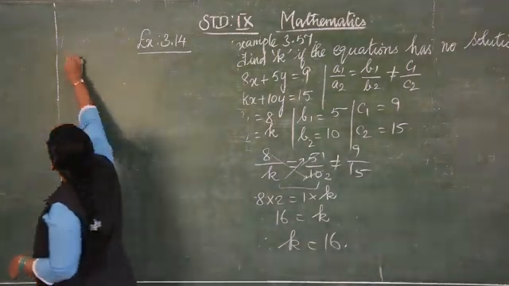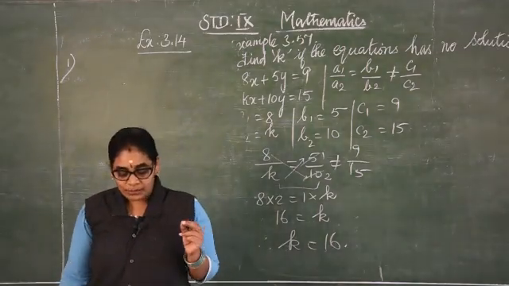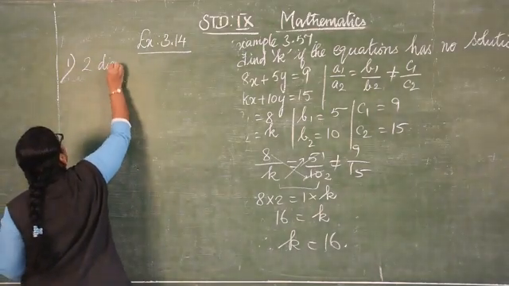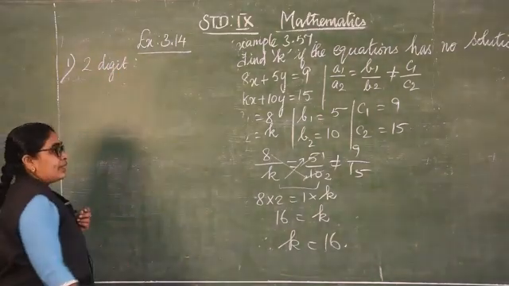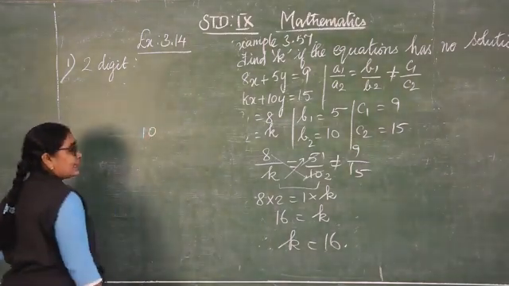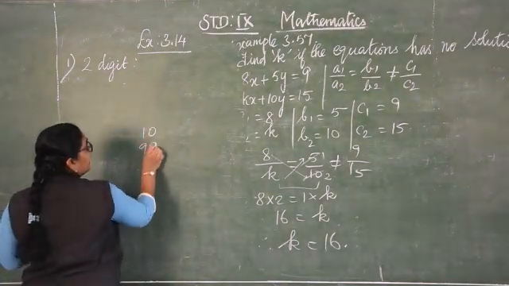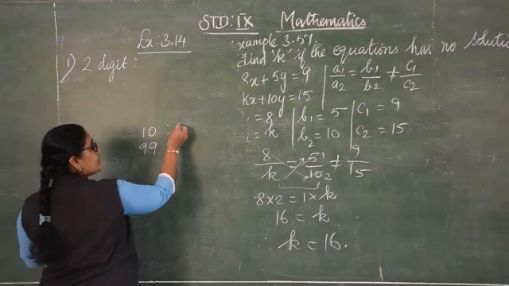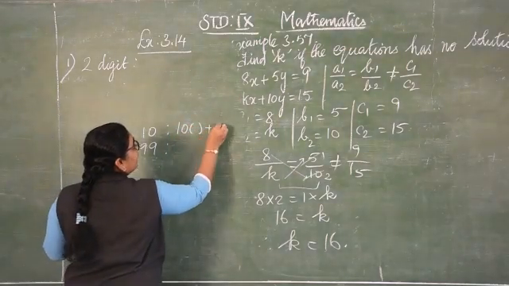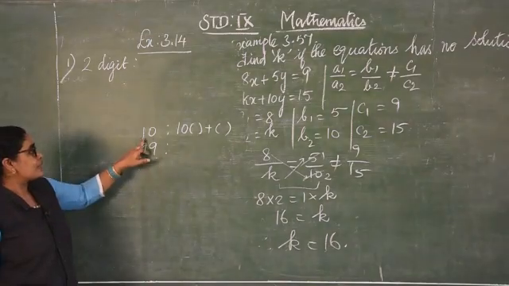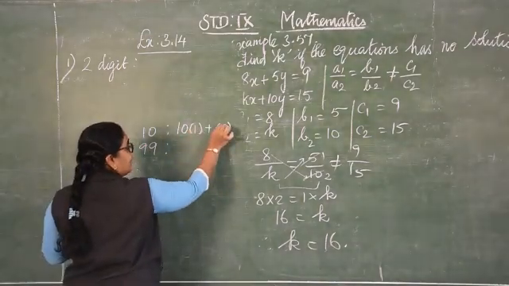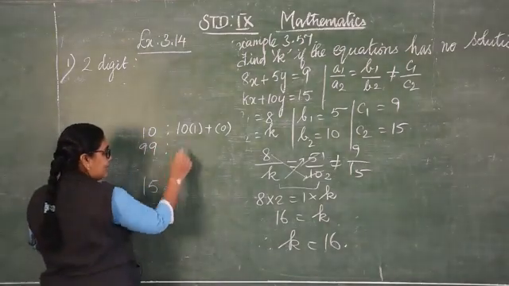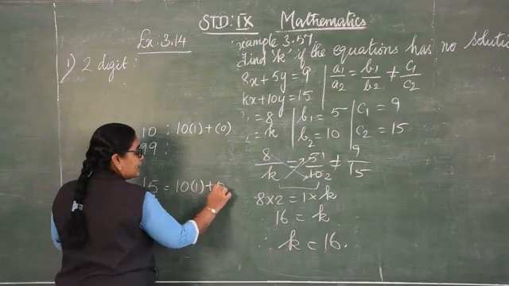So first problem. First question, the sum of a 2-digit number. Any 2-digit number can be represented as... Can you tell the first 2-digit number? Your first 2-digit number is 10. The last 2-digit number is 99. And there is a pattern of writing any 2-digit number in higher classes: you are supposed to write 10 into one number plus another number. Because 10 into 1 plus 0, you will be getting 10. If you want to get 15, the same pattern, 10 into 1 plus 5.